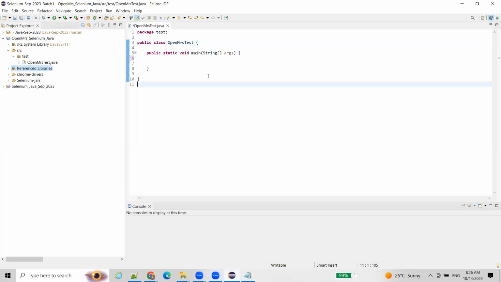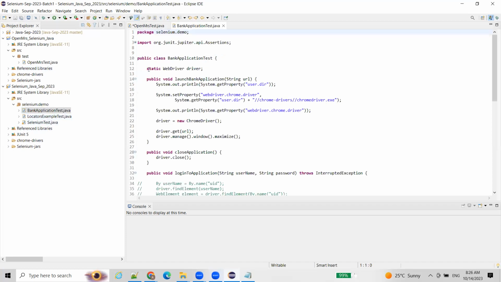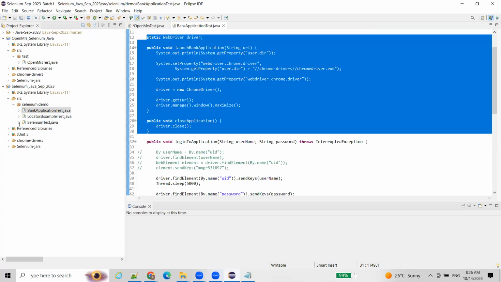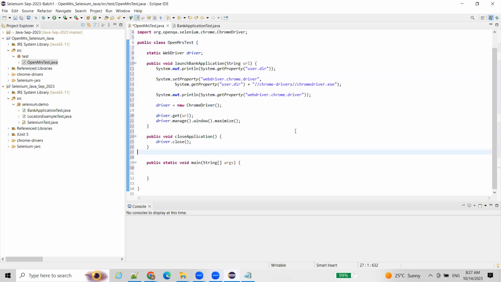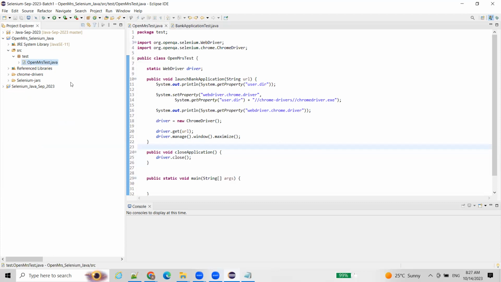So now I have a test. Okay, let me set up the path by copying from these files. Here I have written some code, right? That I copy as it is to my class. So here, let me copy and paste. Okay, what is WebDriver? It is already imported. Fine. And my Chrome driver is available in my current project folder. Inside that Chrome drivers folder, my Chrome driver file